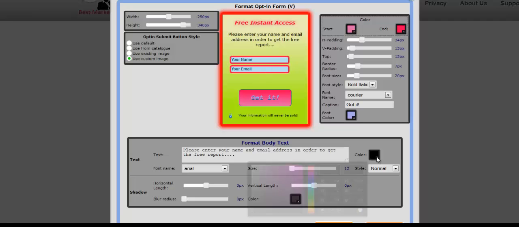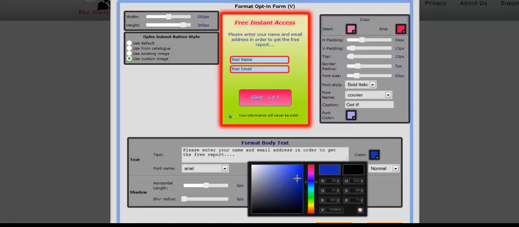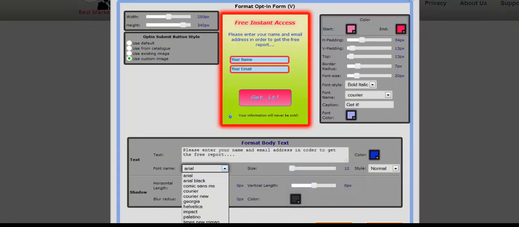Then you can change the color. You can say the color can be blue. Okay, you can say also Verdana again. Increase the size if you want, or you can give, for example, italic. Okay, and again you can work on the shadow here. So we have our form. We go on to another step,